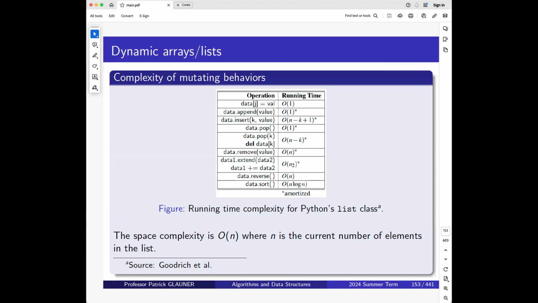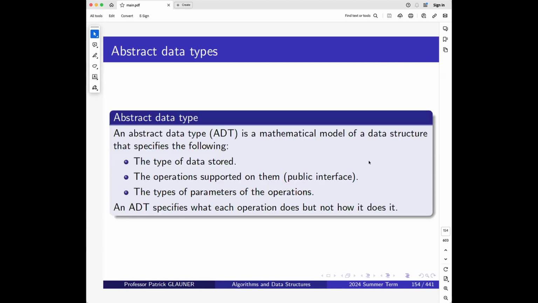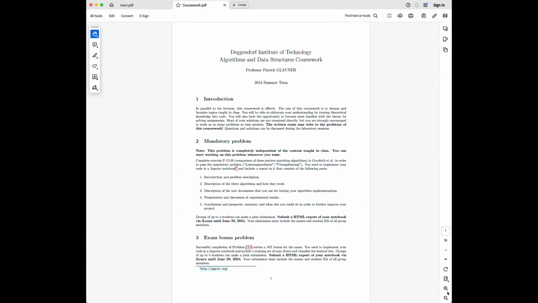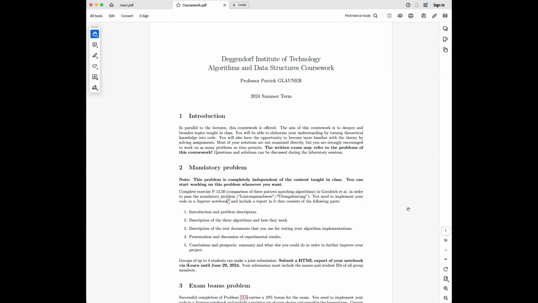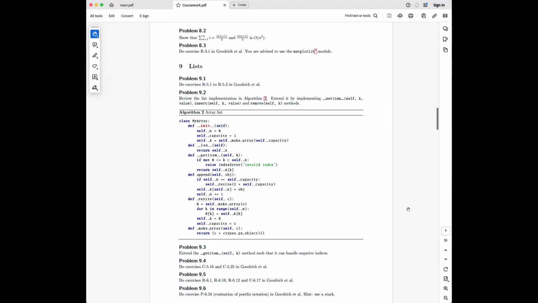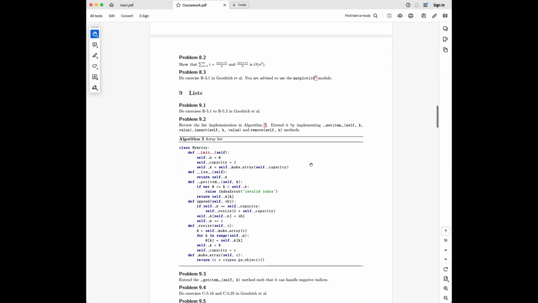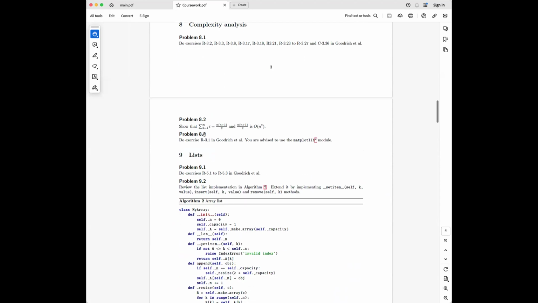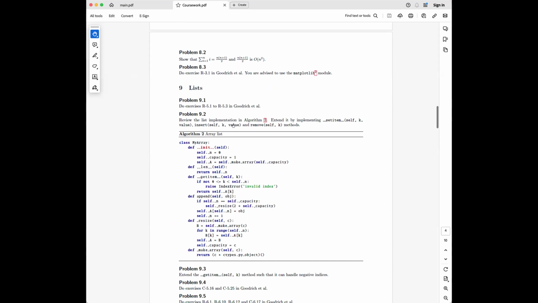That's what we have done for today. Next week, we will look at a different data structure, which is called a stack, and I'll explain it to you next week. If you look into the coursework, because I'll see you again next week, Friday in the morning, we will also have time to look together into the coursework. You can do all the coursework from the complexity analysis chapter, so up to 8.3, and you can already get started with